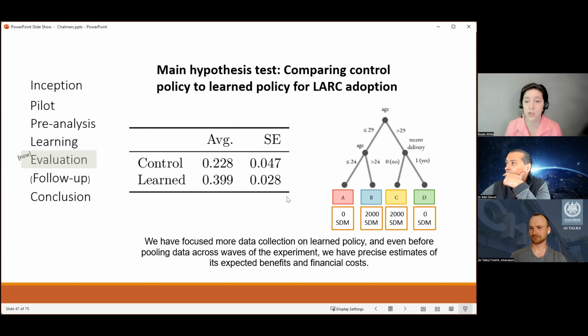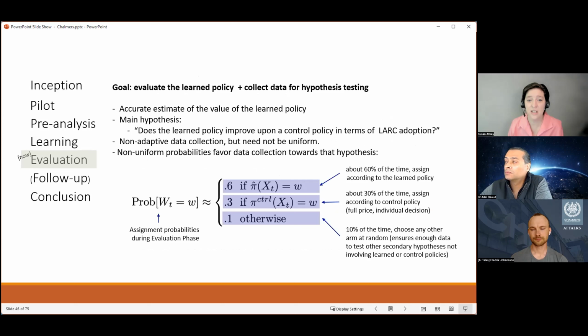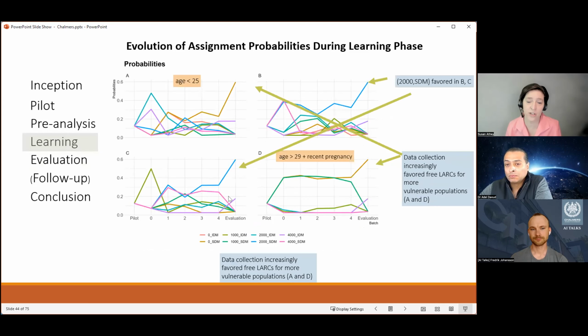So the data I'm showing on this slide is from a pure randomized controlled trial. You can think of it as testing one configuration of the app, where the app customizes discounts and gives advice in a certain way, against the control. So this is a pure randomized controlled trial, and they don't have to understand anything about how we got here, because at the very end, we're just testing A versus B, and everybody gets that, and we have nice confidence intervals. So that's one reason. It was kind of sad here to cut off learning.